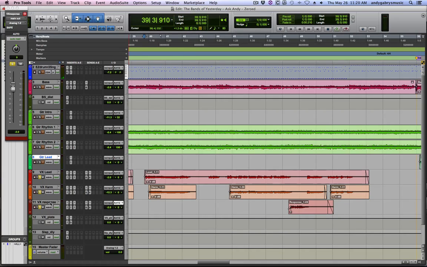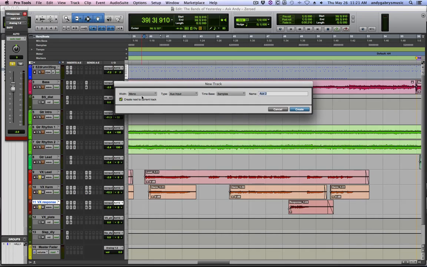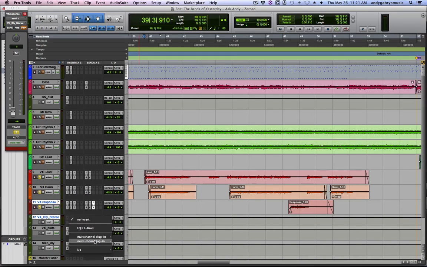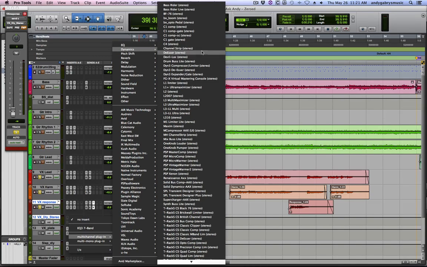So you can see that the response vocal doesn't have anything that's really different in character from the main vocal. So you could go to a different track on that. I'm going to call it vocal delay stereo. Again, I'm going to make it solo safe so it plays all the time. And I'm going to, this time, insert a